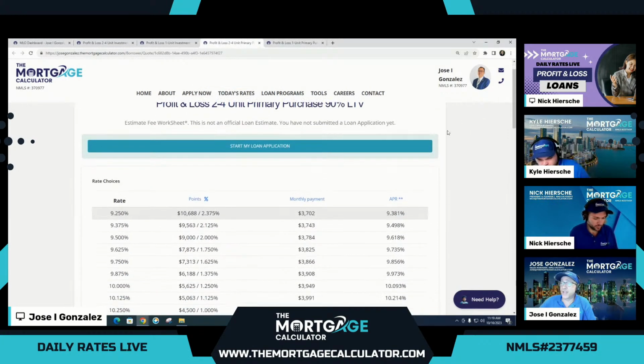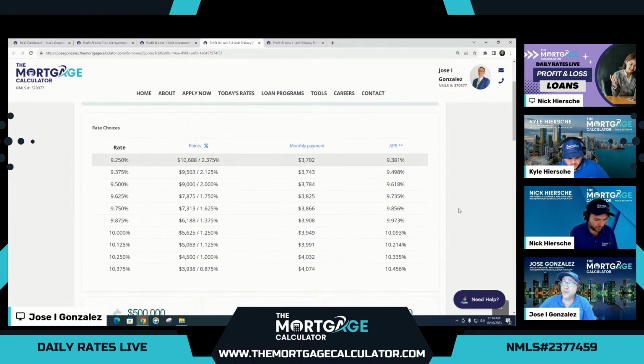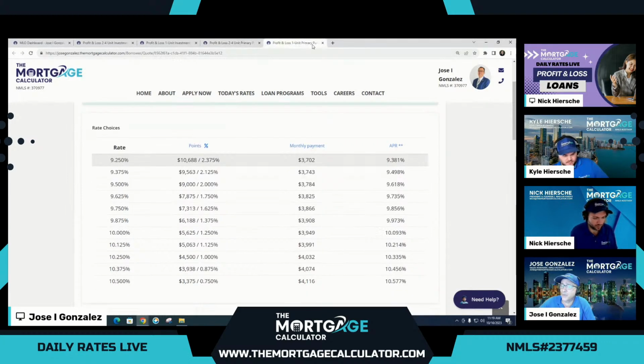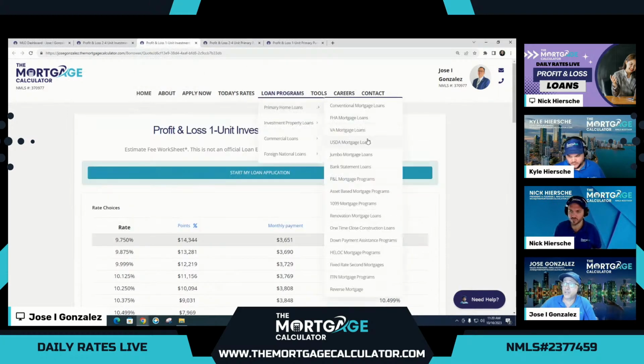Now, we love our house hackers out there, so obviously, we have to have our 2 to 4 unit option. So let's compare the rates here, because here we have 10.375 as our lowest cost option and 9.25 lowest rate option. I think they look pretty similar. Yep. They are exactly the same, the 1 unit and the 2 to 4 unit on the primary purchase, both 90% LTV, which is pretty amazing for a P&L on a 4 unit, for example.